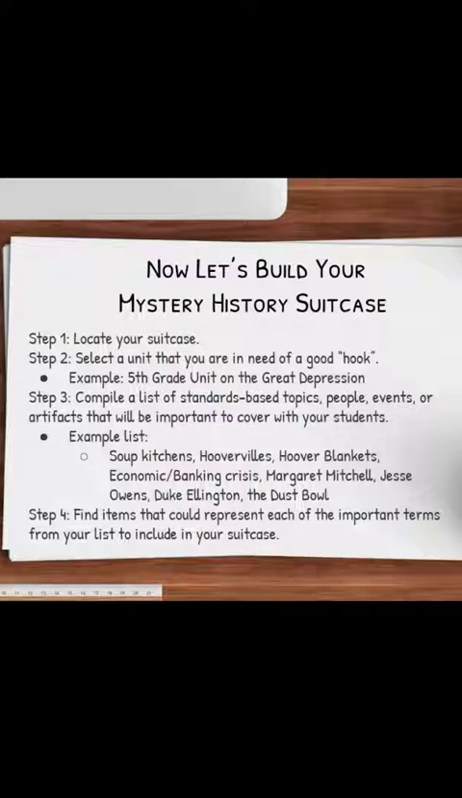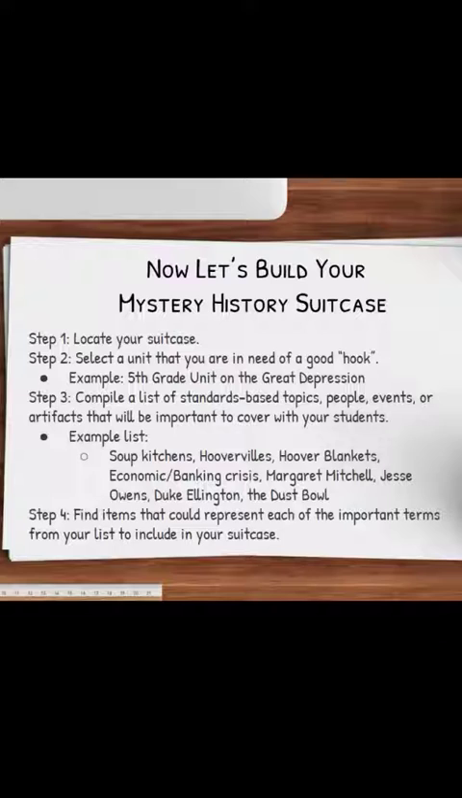Step 2, select a unit that you are in need of a good hook. For example, you could do the 5th grade unit on the Great Depression. Step 3, compile a list of standards-based topics, people, events, or artifacts that will be important to cover with your students. Your example list: soup kitchen, Hoovervilles, Hoover blankets, economic banking crisis, Margaret Mitchell, Jesse Owens, Duke Ellington, the Dust